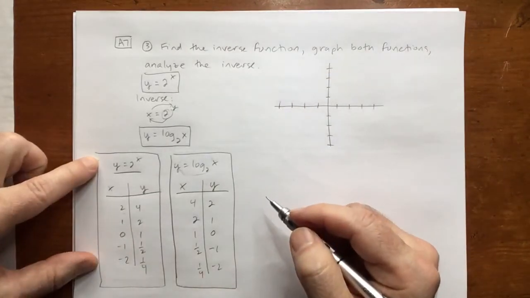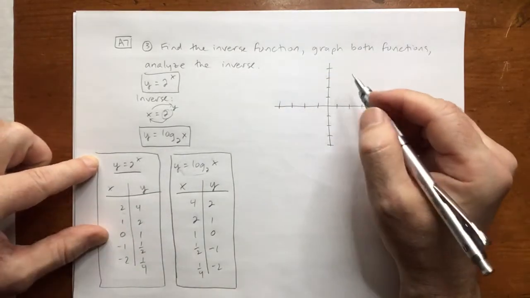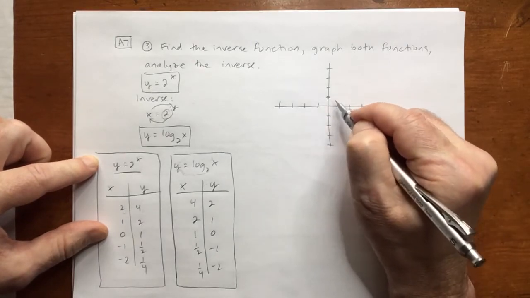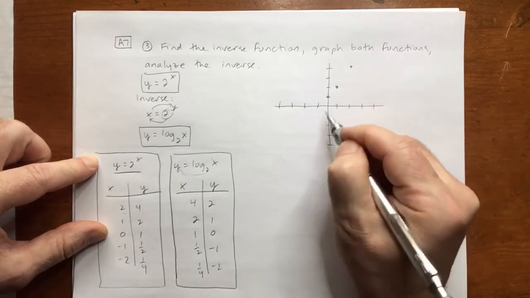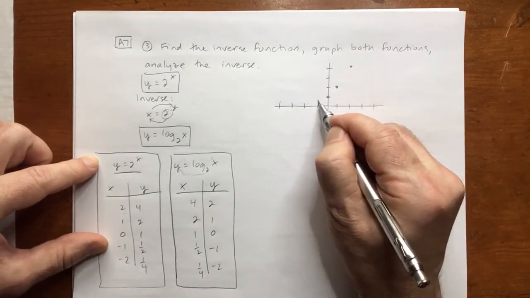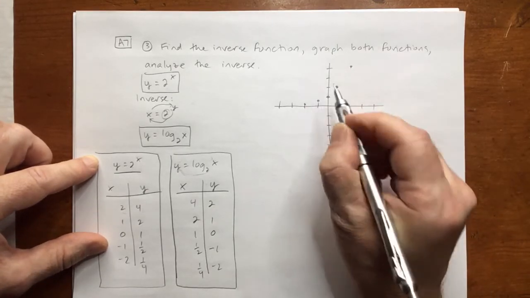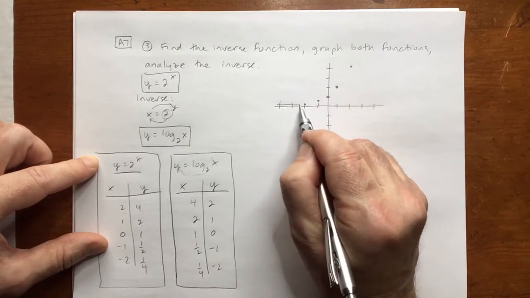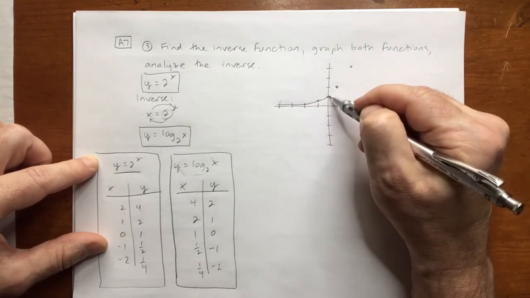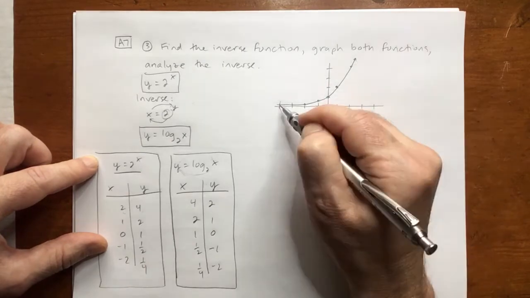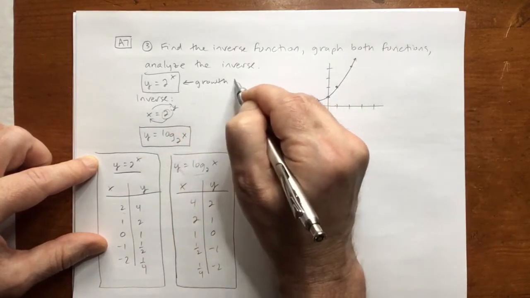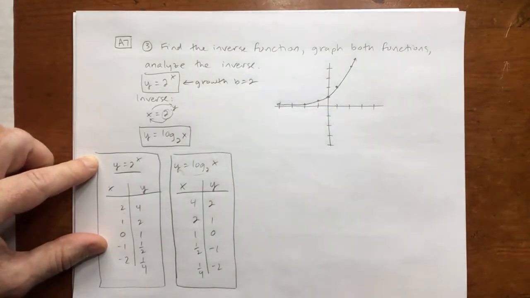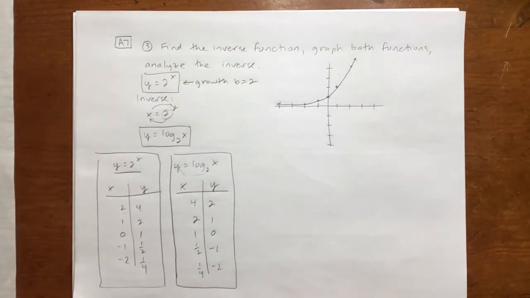I'll go ahead and graph y equals 2 to the x for something we've done before. So once again, I'll do it quickly. 0, 1, 1, 2, 2, 4, negative 1, 1/2, and negative 2, 1/4. And we get an exponential growth curve. Growth because b is bigger than 1. Okay, so then if I plot these points,